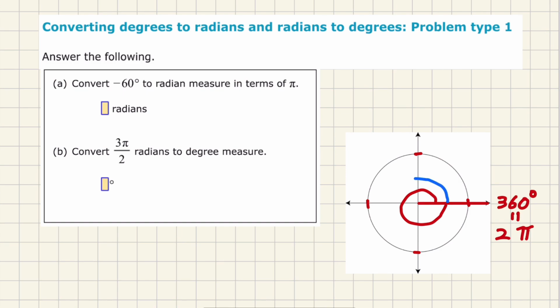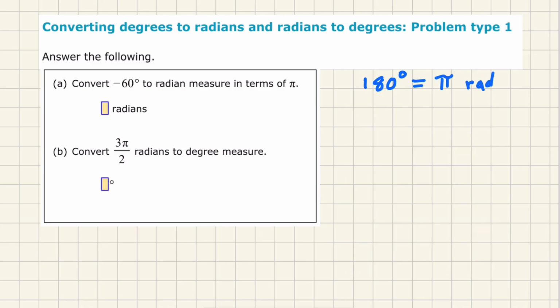I can also tell that going halfway around would be 180 degrees, and half of a unit circle would be pi radians. Using this as my conversion factor, if 180 degrees equals pi radians, then our conversion here